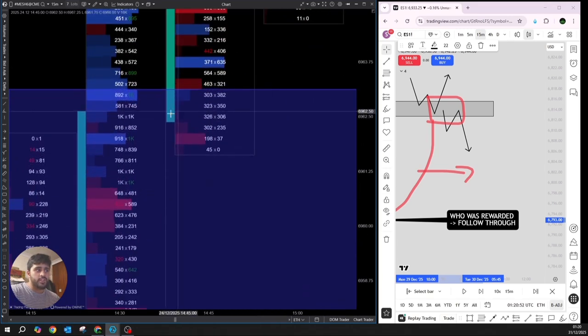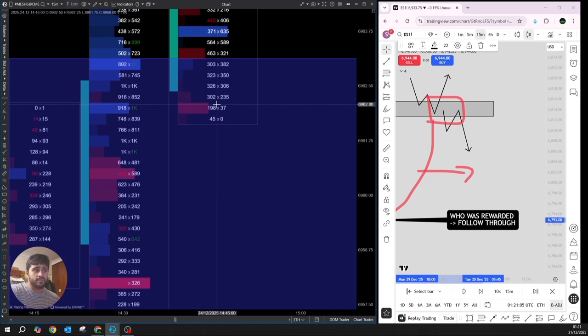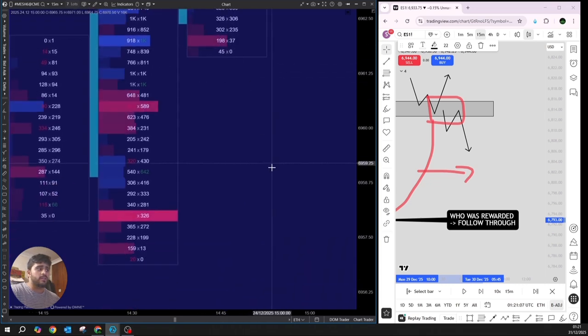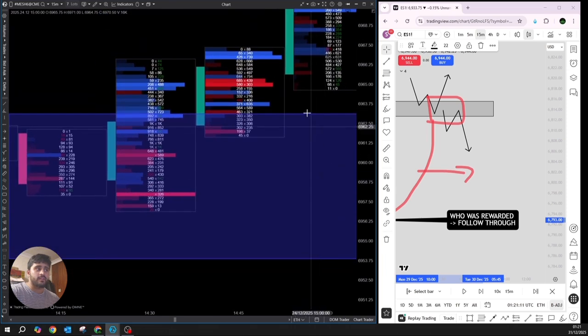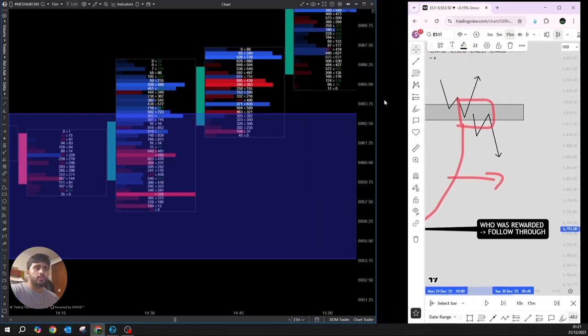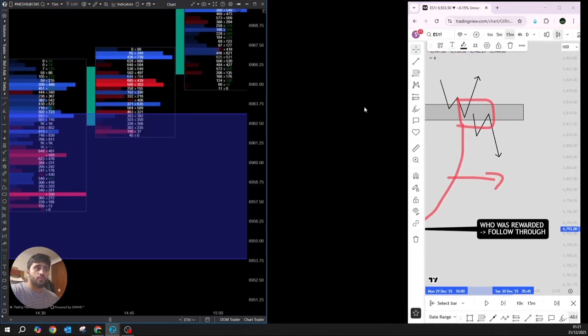Even here, as we're rejecting off here, what's interesting is we had this wick, 198 for 37, right? That's a big negative delta, right? The bid is a lot greater than the ask. So there are a lot of sell orders here, 69.62 to around 69.57. So around about the 69.60 area, there are a lot of aggressive sellers sitting in this zone. And so this is what we refer to as absorption. So it's a strong absorption because it happens